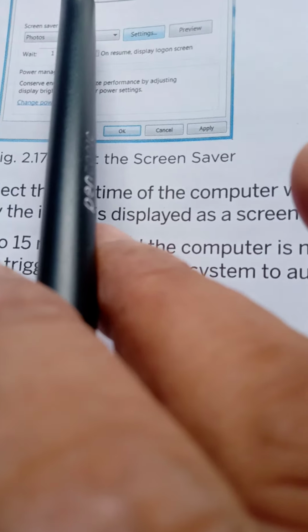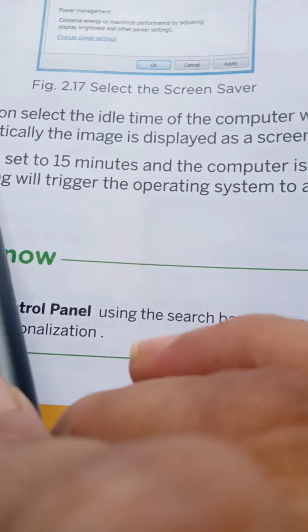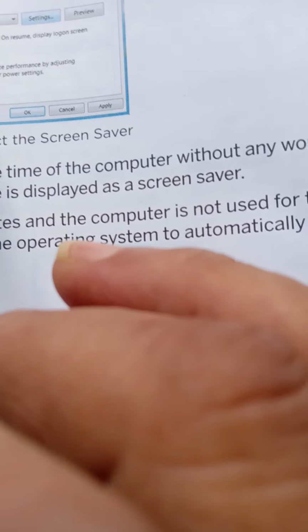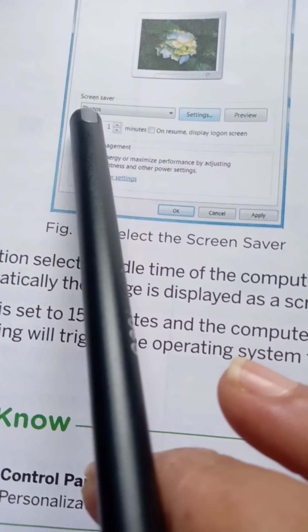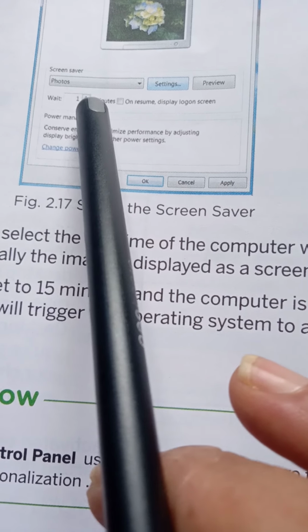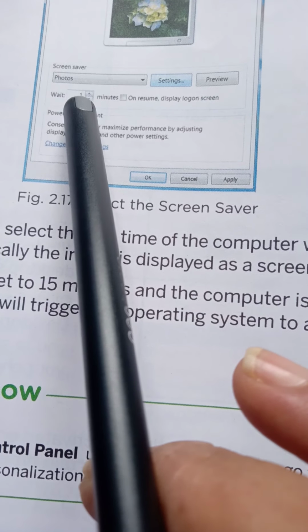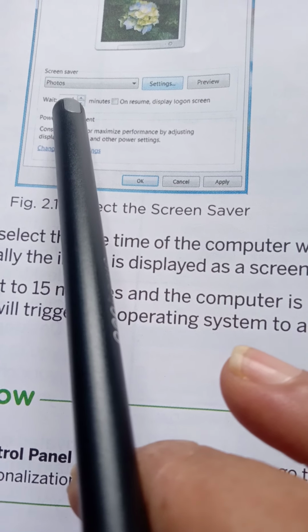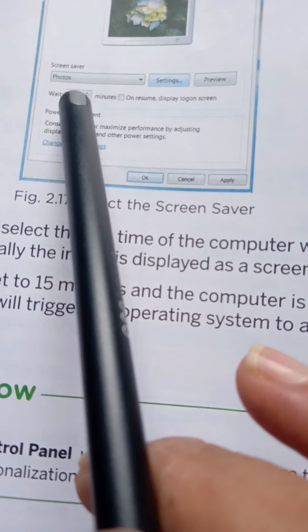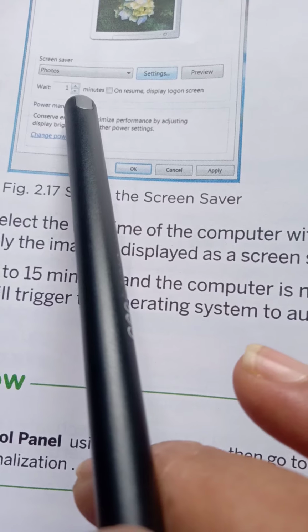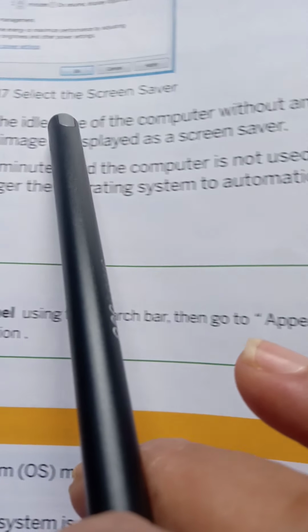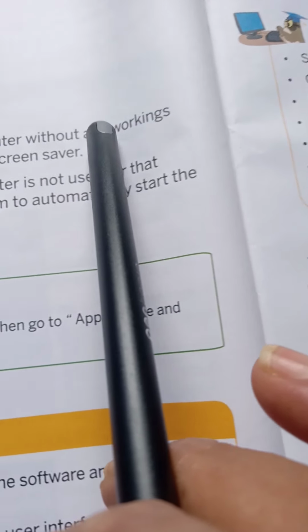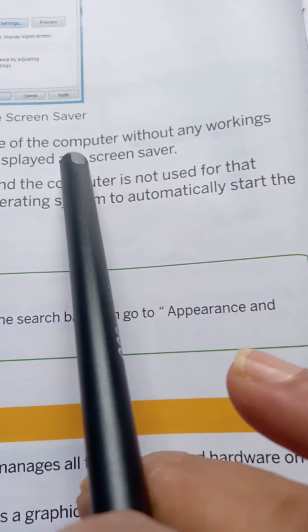Then you save this screensaver, but you go to the Wait button, where you can put 1 minute, 2 minutes, 3 minutes. What will happen if we don't work with this computer within 1 minute or 2 minutes, then it automatically goes to screensaver mode.